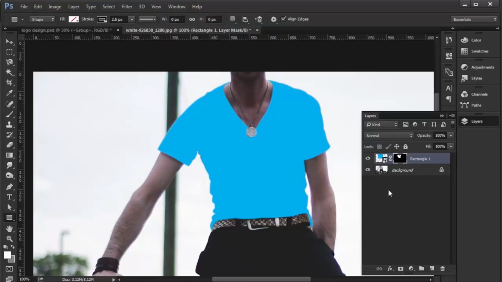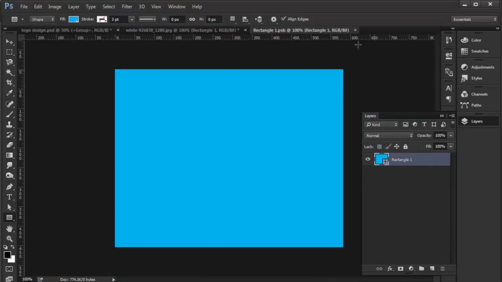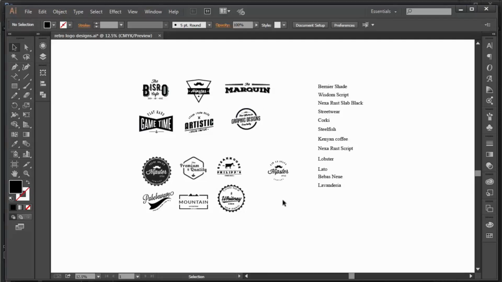Okay, so next what we want to do is to add our design inside of this t-shirt. So double click this smart object icon. When it opens, let's get a design, or you can use the custom shape tool here. I'm gonna go to Adobe Illustrator and get my design here. Let's see this one. I'm going to drag it to Adobe Photoshop,